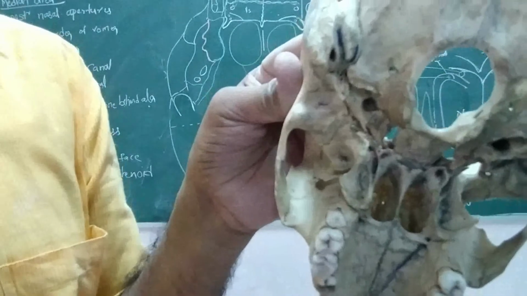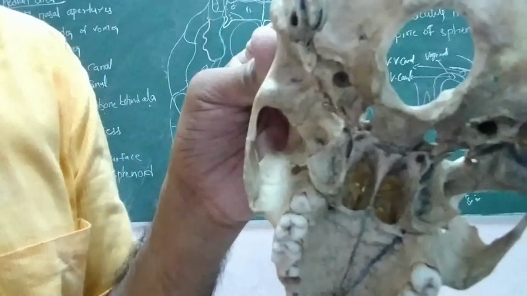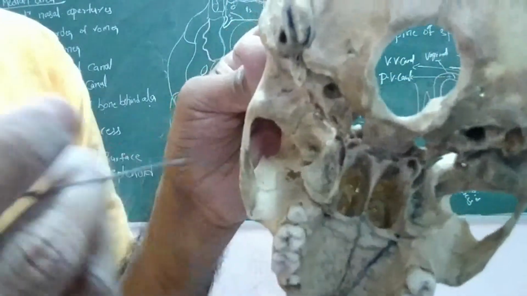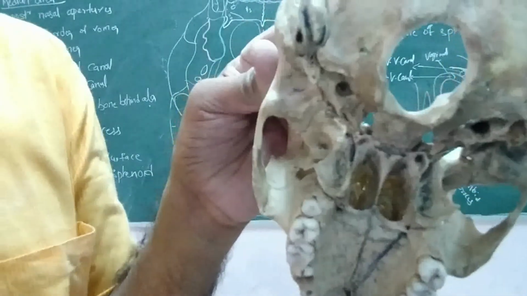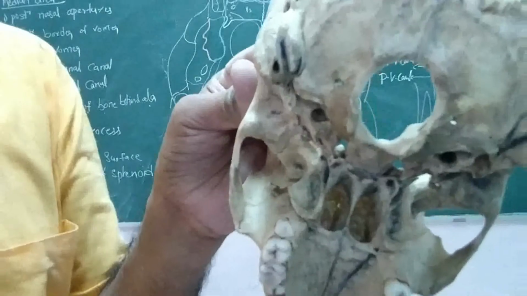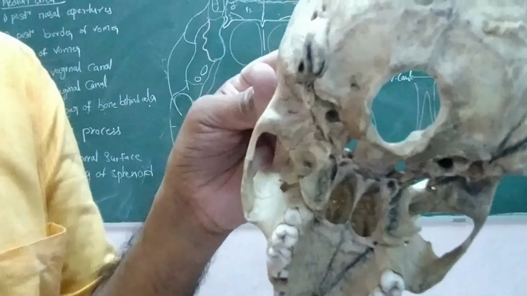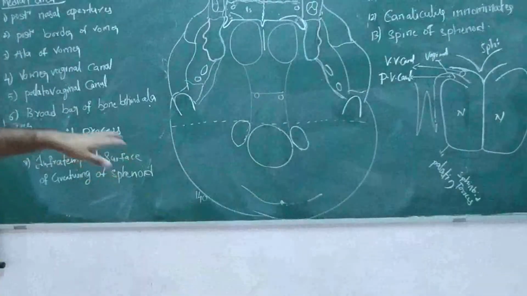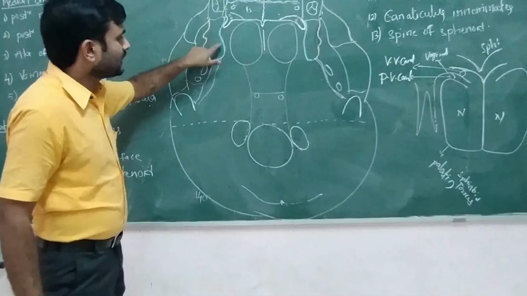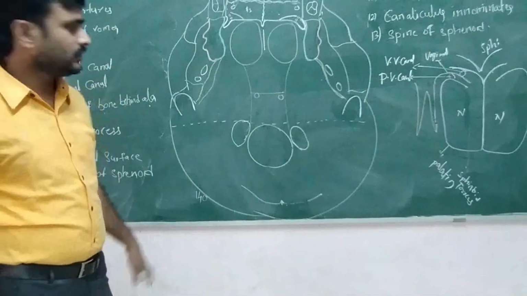Above it is a split that encloses and forms the scaphoid fossa, and above we see the small tubercle. That tubercle is called the pterygoid tubercle, and in the below part one bony, hook-like projection is present. That projection is called the pterygoid hamulus. So this is about the pterygoid plates, the lateral pterygoid plate and the medial pterygoid plate. In between we have the pterygoid fossa.